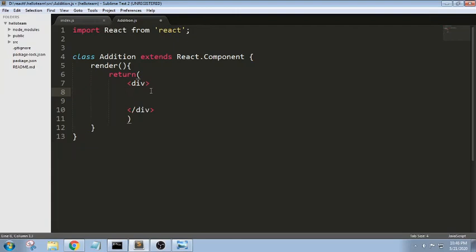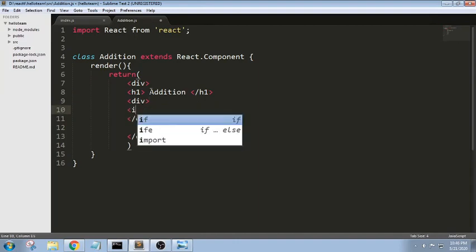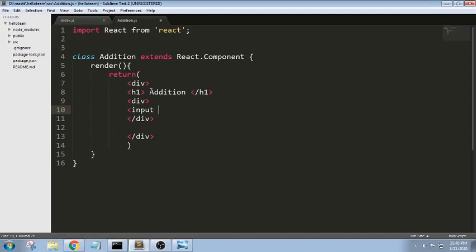Let me write two input fields. Let me keep a heading as addition, and let me write a div tag, div, input type equals text.